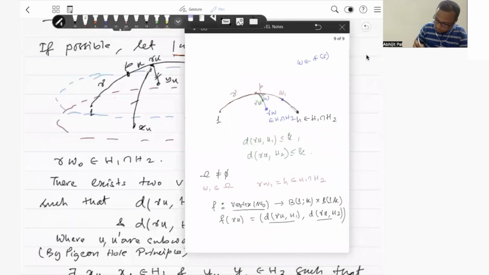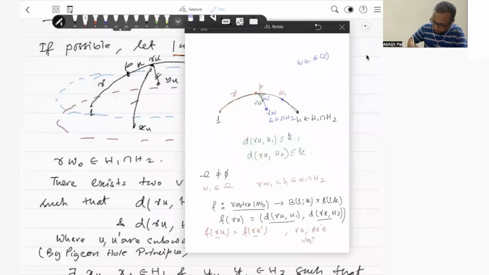So therefore, we'll get two elements in the vertex set of this W naught such that f of gamma u will be equal to f of gamma u prime. This follows from the pigeonhole principle. The cardinality of the domain set is greater than the cardinality of the codomain set. So that's why you will get two vertices gamma u and gamma u prime